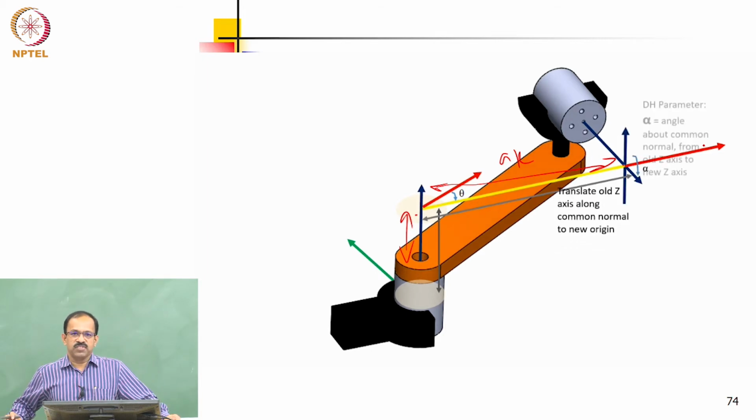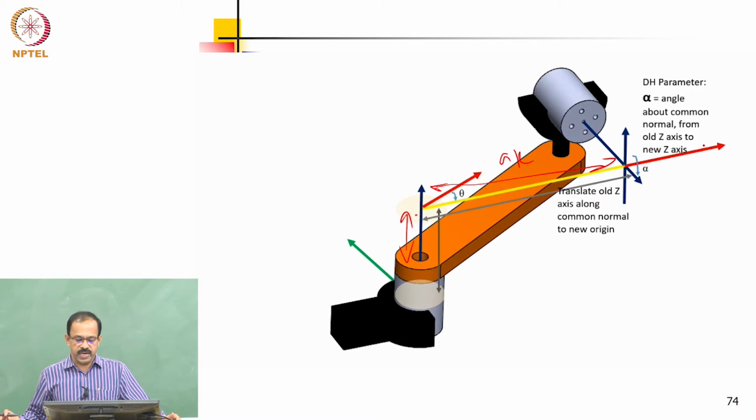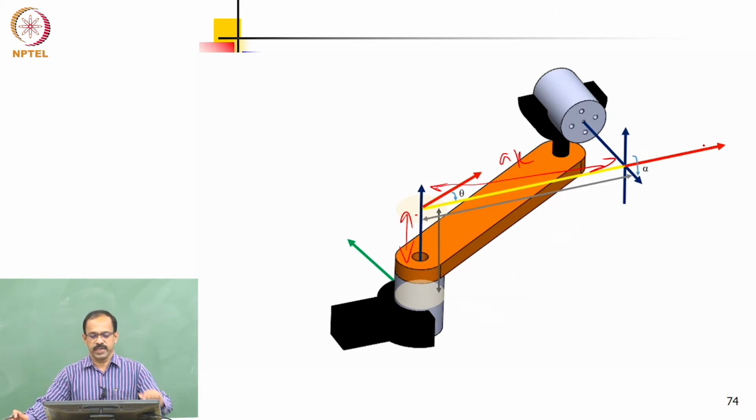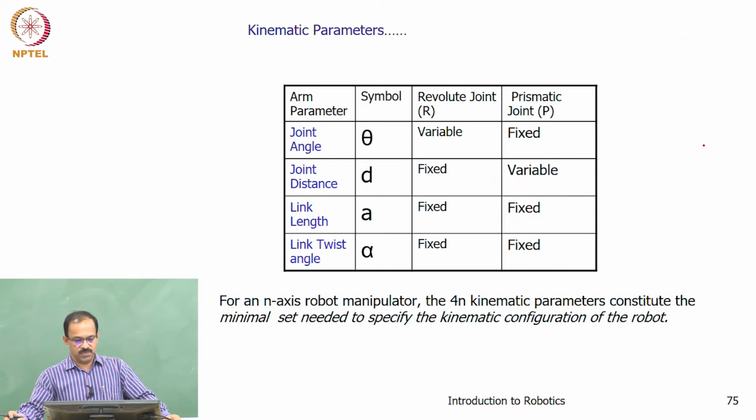So these are sometimes known as DH parameters also, Denavit and Hartenberg parameters, because Denavit and Hartenberg long ago came up with a methodology for getting the systematic kinematic analysis of serial linkages. So they are called DH parameters also. So we will be using these parameters in the forward kinematic analysis.